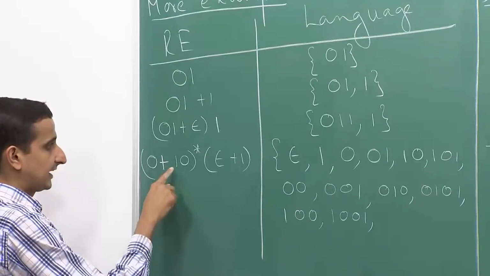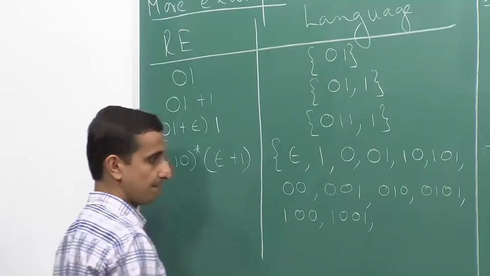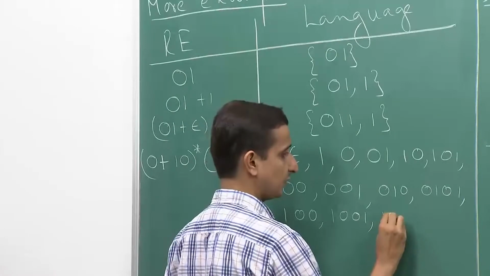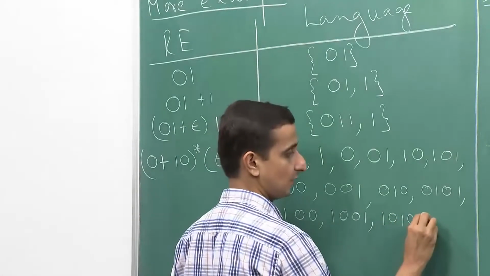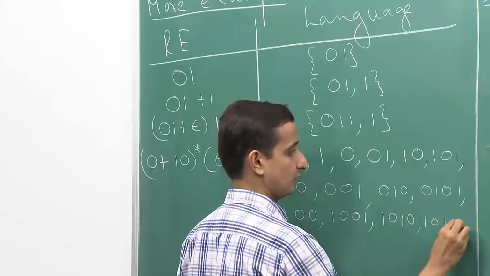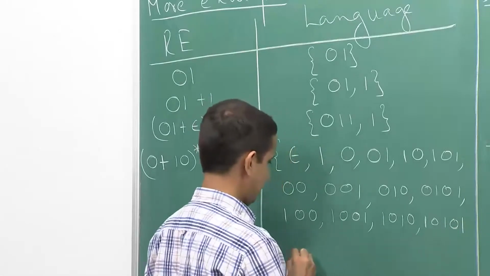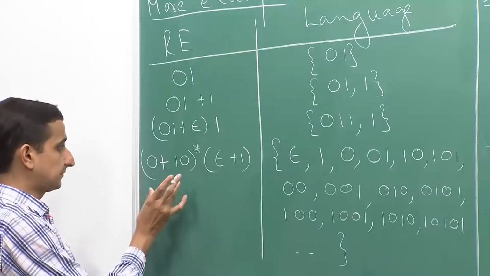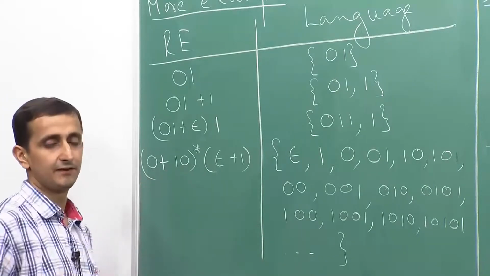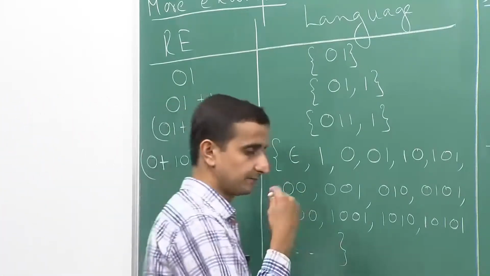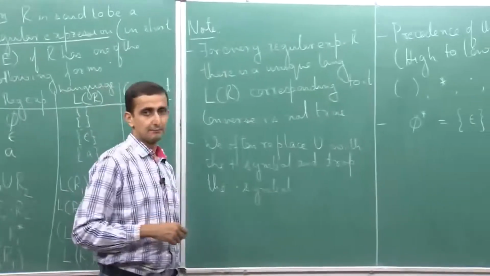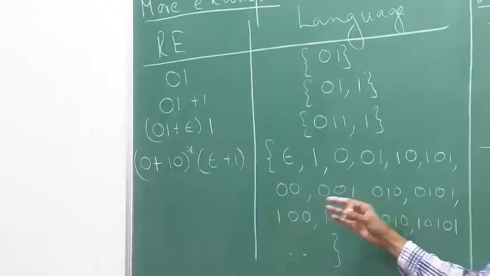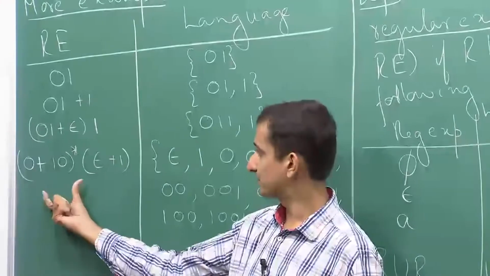And the fourth is I can have 1 0 1 0, which will give me 1 0 1 0 and 1 0 1 0 1, okay, and so on. Now I will take 3 strings from this set, 4 strings and so on. Okay, so this is an infinite language, but basically the idea is that whatever regular expression is given to us,